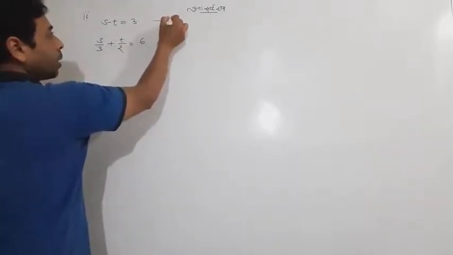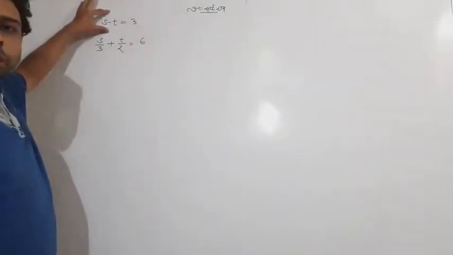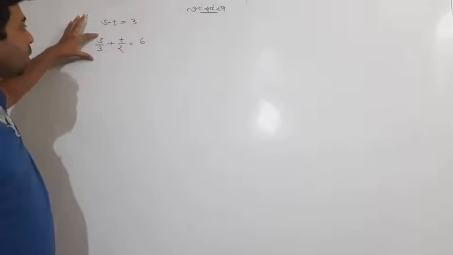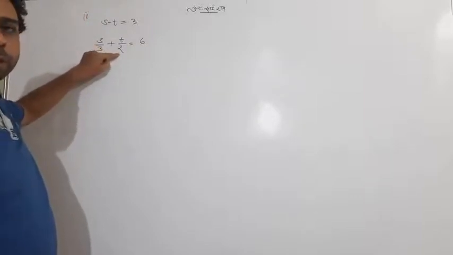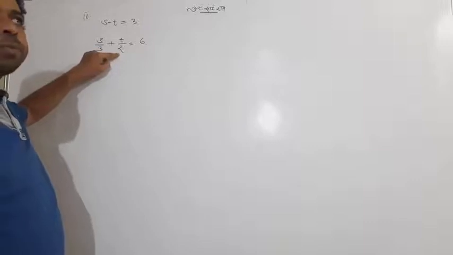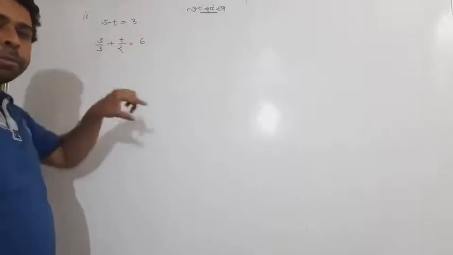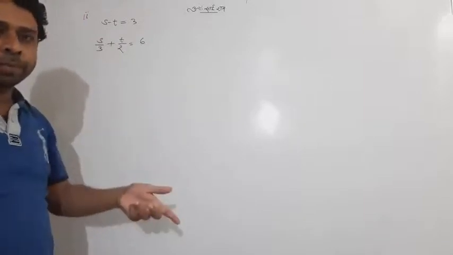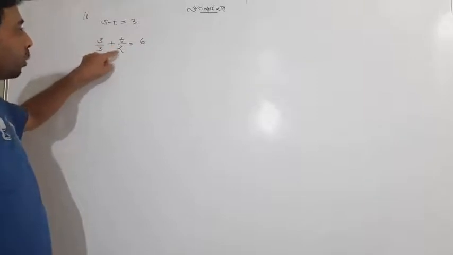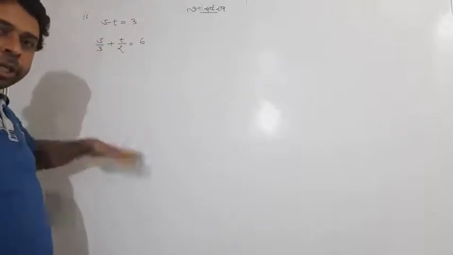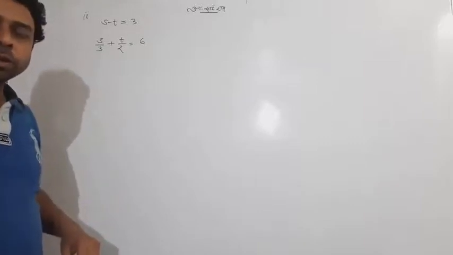I want to say something: these are 2 equations. If you see the first equation, it seems very easy. But when you observe the second equation, it has fractions. Sometimes students feel it is tough. As far as my opinion is concerned, you should change this equation into a simple form. Take an LCM. Whenever you have fraction numbers like s upon 3 or t by 2, take an LCM and turn this into a simple linear equation in general form.